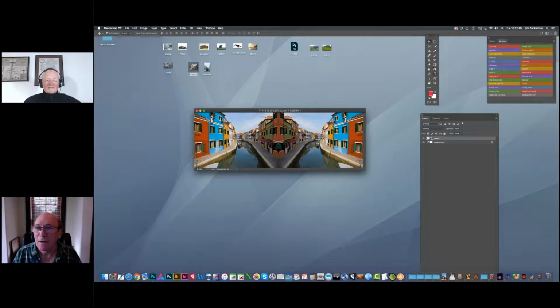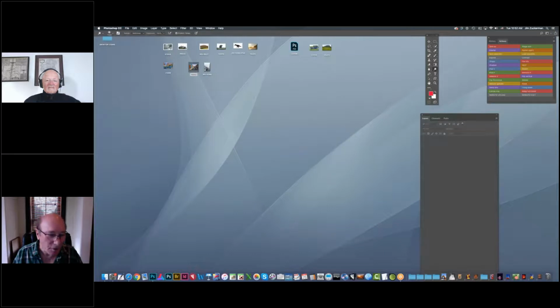We could even take the dodge tool and lighten that up a bit on 100% opacity. And now you have something pretty wild. So this is what happens if you work on a horizontal image. If you do it with a vertical image,